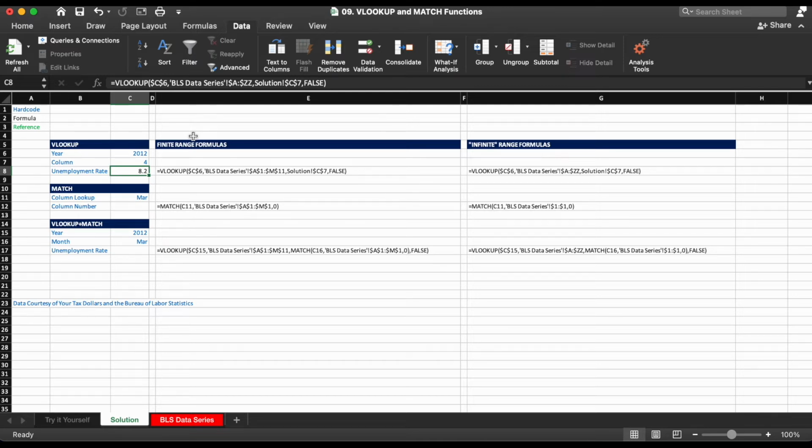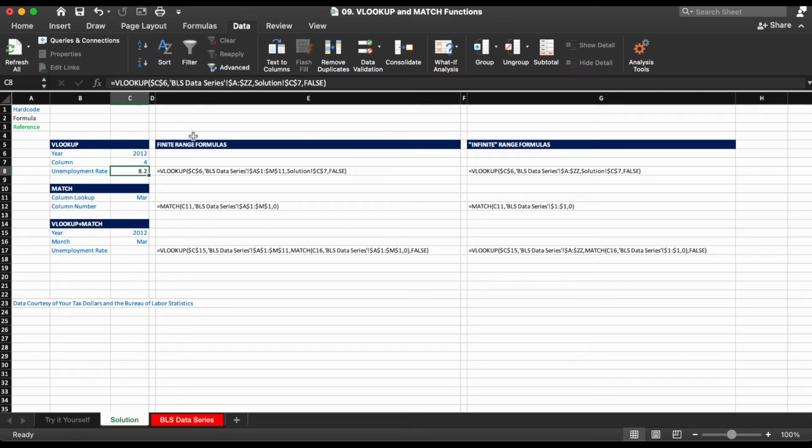So now that we have an understanding of the VLOOKUP function, let's take a look at the match function, which will help us take VLOOKUP to the next level. The match function searches a range for a given value and then returns the relative position of that value in the range. Much like VLOOKUP, it will only return the first instance of a value, so in the event there are duplicate values in the range, it will only return the position of the first one. In words, the match formula is equals match, open parentheses, the value you want to find, comma, the range you want to look at, comma, whether it should be an approximate or exact match.